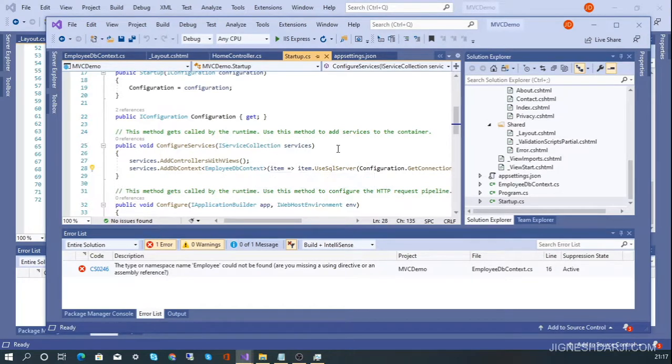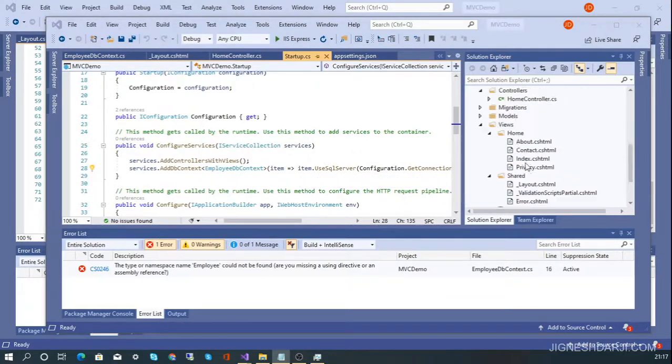After this setting, you can simply implement the migration. We need to run Add-Migration with a migration name, and then simply Update-Database, to implement our migration inside the database. After the migrations, you can implement the controllers.